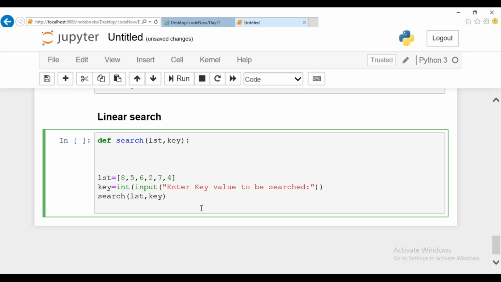I asked you to perform linear search in a list. Guys, one or two are responding. What about others? Are you people trying it or not?